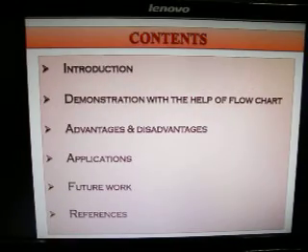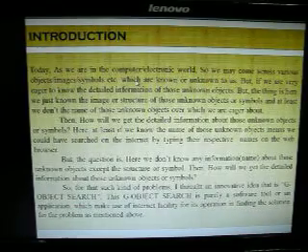First one is introduction, second one is demonstration with the help of flowchart, advantages and disadvantages, applications, and future work and references. So let us go one by one, that is introduction.